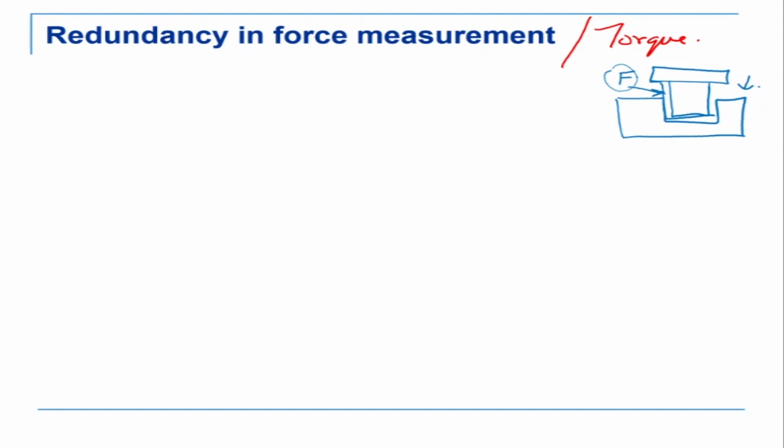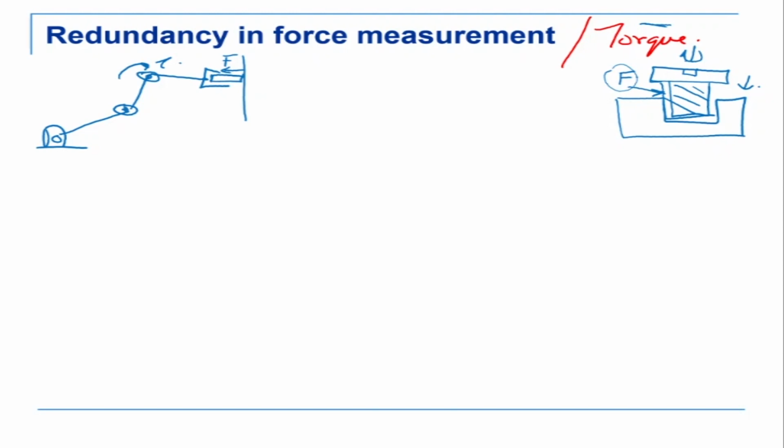Now when you are screwing, for example, this is a screw and you're trying to apply a moment there to tighten the screw, then again the same thing, you should be able to measure the torque or the moment being applied, so that there is no damage on the robot, nor is there any damage on the part. Okay, so there is a requirement for measuring force and torques. Now we also need to measure torques in the joints of the robot. For example, this is a robot which is applying a force on the wall. There is some force being applied, and this force is felt at the joints in the form of a torque.